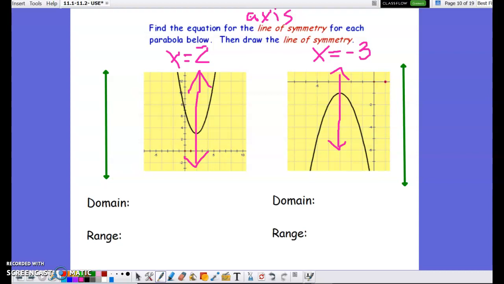Now we're going to do a little bit of review. It says state the domain and range for each graph. Hopefully you remember that we should be thinking how far left does our graph go and how far right. I want us to assume here that our parabolas have arrows on each end, meaning that they continue in each direction. So if we think about how far left this thing goes, it's just going to keep going and getting wider and wider and wider. Same thing with how far right it's going to go. So for domain, we're going to say all